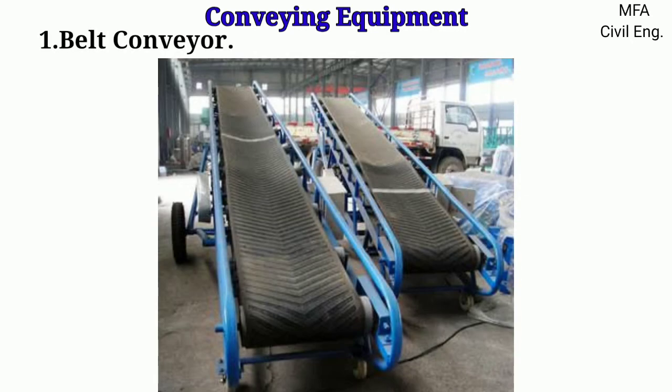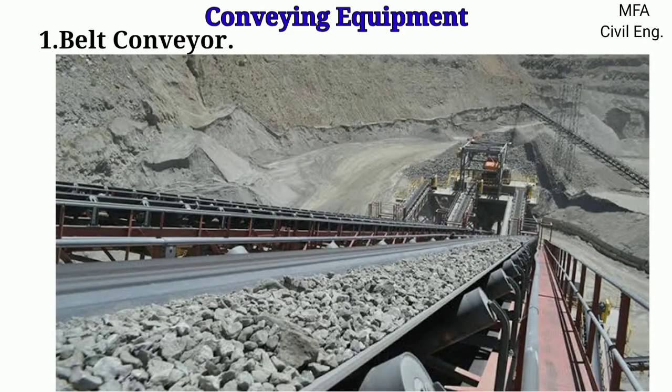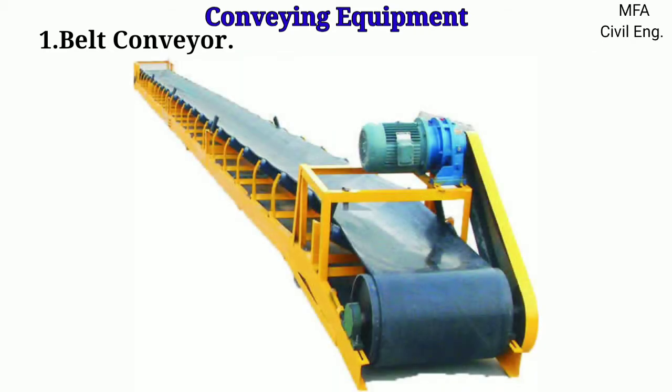Belt conveyor is one of the most popular conveying machines. This is used when a large quantity of material has to be conveyed over a long distance at a fast speed. The simplest form of the conveyor belt consists of a belt running over a pair of end drums or pulleys and supported at regular intervals by a series of rollers called idlers. These idlers are supported on the conveyor frame. The middle sag provided in the belt prevents the spillage of the material.